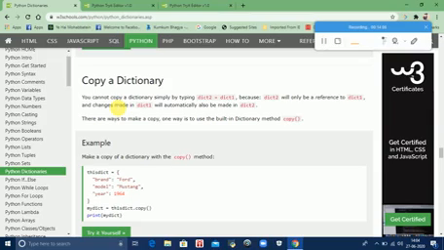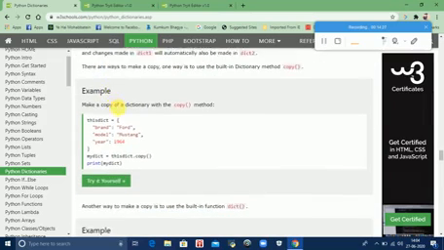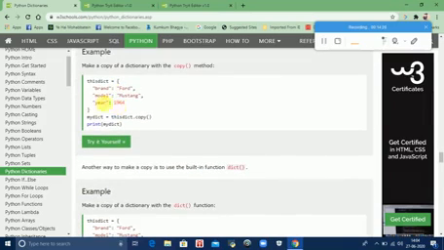One way is to use the built-in dictionary method, copy. Built-in methods वो होते हैं जो ऑलरेडी हमें कोई भी लैंग्वेज प्रोवाइड करवाती है. They are built-in methods, meaning they already have their definitions. वो पहले से डिफाइंड होते हैं. We are not going to define them. हमें उन्हें डिफाइन करने की ज़रूरत नहीं होती, हमें सिर्फ उन्हें यूज़ करना होता है. So here is an example. This is one dictionary, this is another dictionary, and you just copy this dictionary into this one.